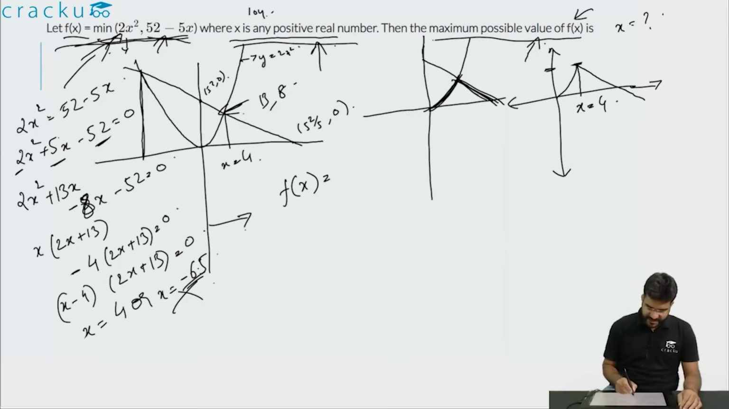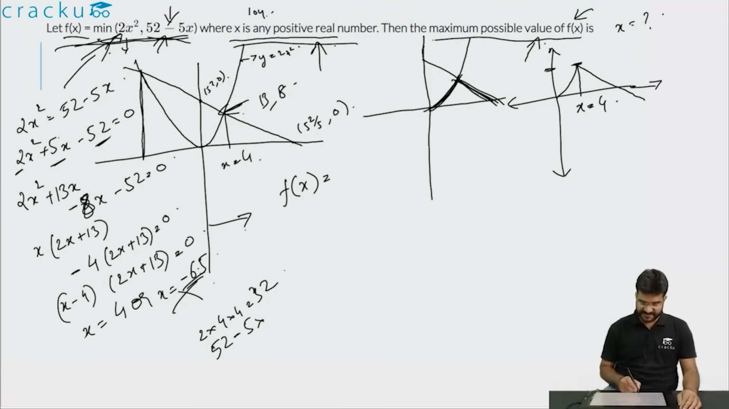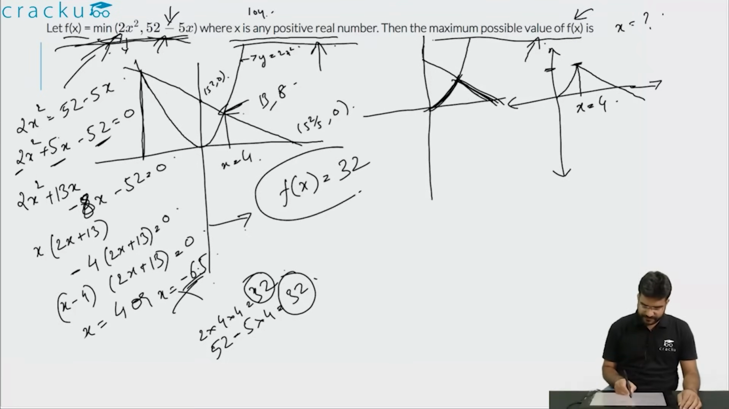f of x will be 2x squared, which is 2 into 4 into 4, which is equal to 32. This will coincide with the second equation, which is 52 minus 5 into the value of x, which is 4, equal to 32. So at this point both 2x squared and 52 minus 5x are equal, and the value of f of x will equal 32. So the maximum possible value of f of x